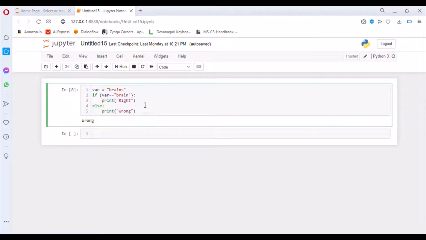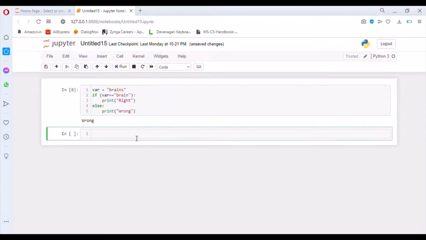Before moving to the next example, let's have a look at the syntax. Here we have the if keyword, and after the if keyword we have our condition, and after the condition we have the colon, and then we have to go to the next line, and the space here is that of one tab. If you press the tab button just once, it will give you the required space. And then after pressing the tab button, you will have to write down the output that you want to be displayed. And then you have the else keyword, colon, and then the output. Now let's move on to the next example.